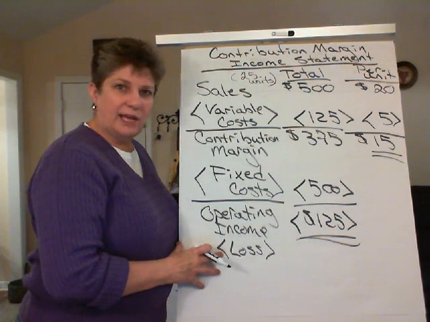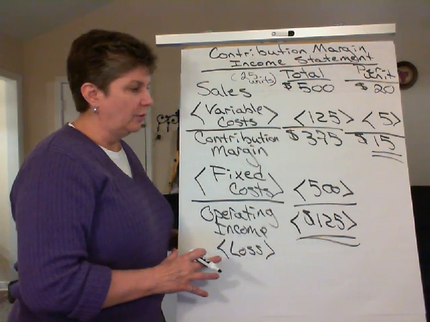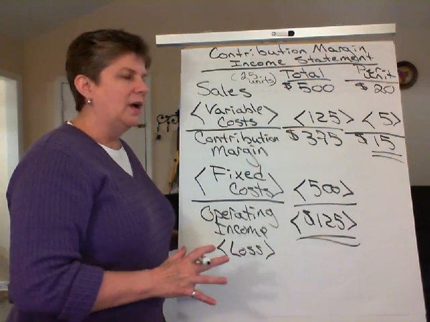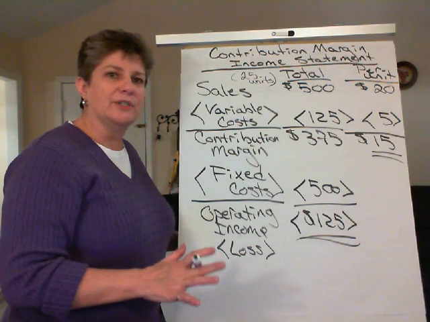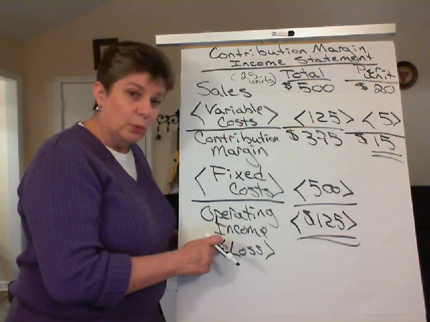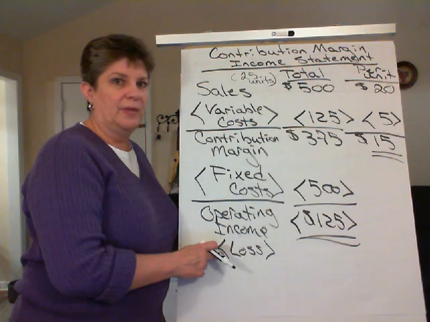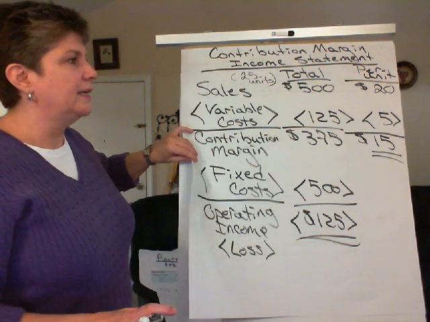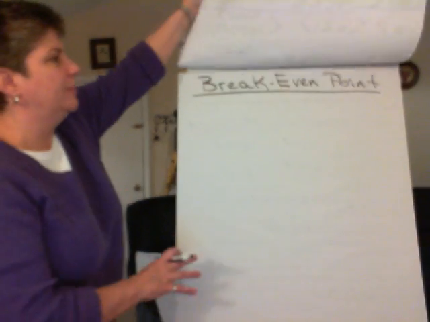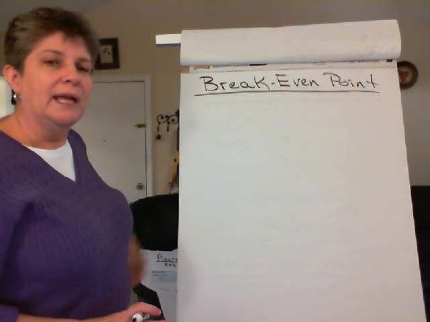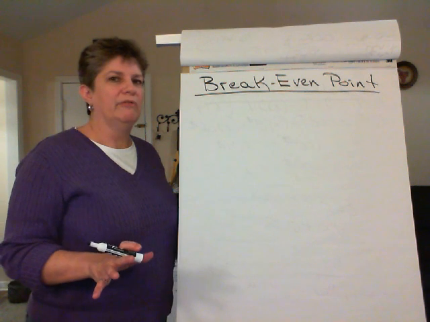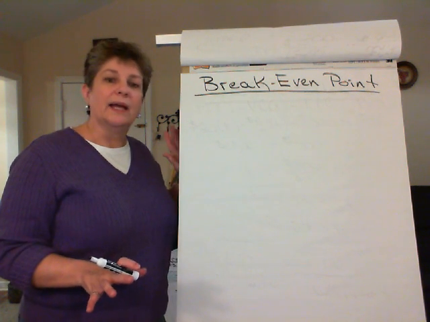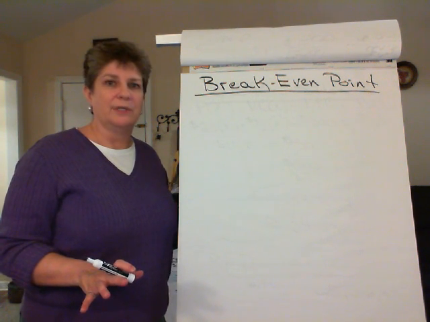And the question management wants to know the answer to is, how many units do we have to sell before we no longer have a loss? And that point is called the break-even point. The break-even point. And in order to calculate break-even point, we need to convert that contribution margin income statement into